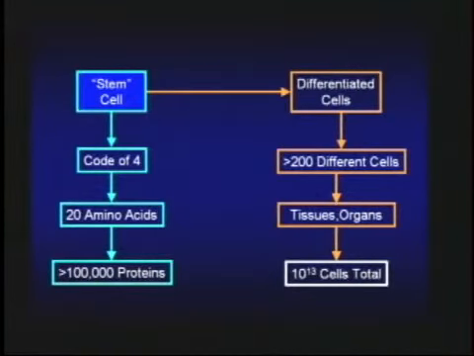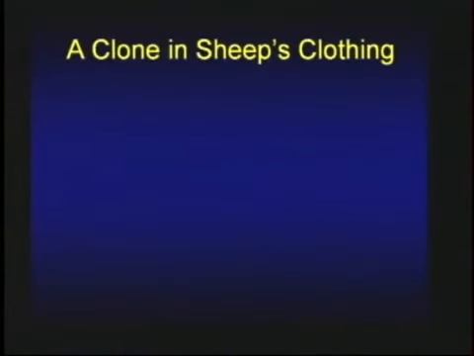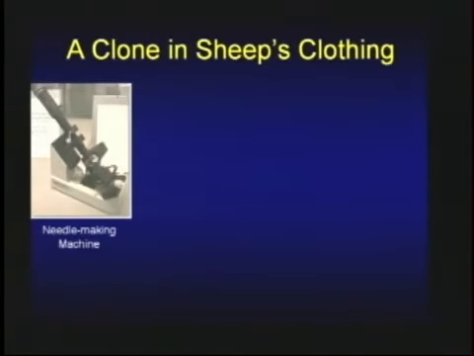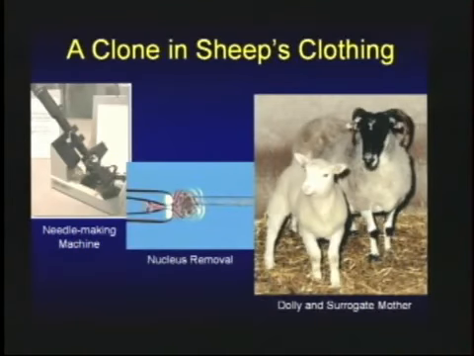Now, one of the crafts here is to take a nucleus from some other entity and take this nucleus out of the stem cell, put that nucleus in. It's called a nuclear transfer. That's what we call cloning. And you end up then with a replica of the donor. And that's what cloning is all about, properly called nuclear transfer. And we all know about a clone in sheep's clothing, the famous Dolly sheep in Scotland. A needle-making machine is the key to the whole thing, where they were able to remove the nucleus and insert a nucleus of